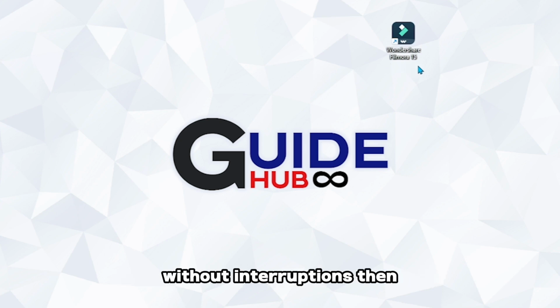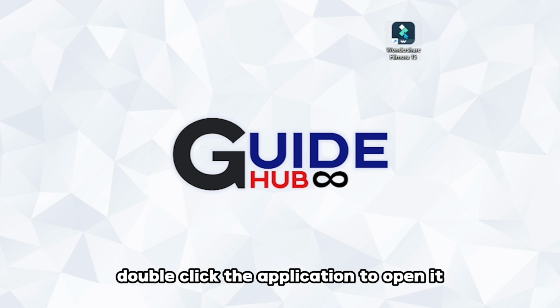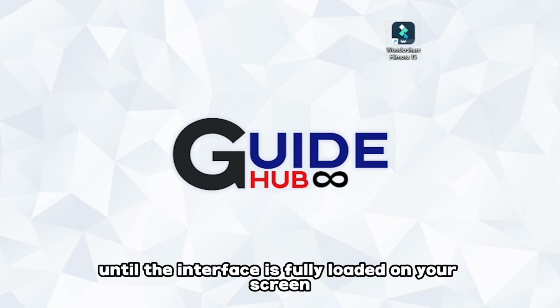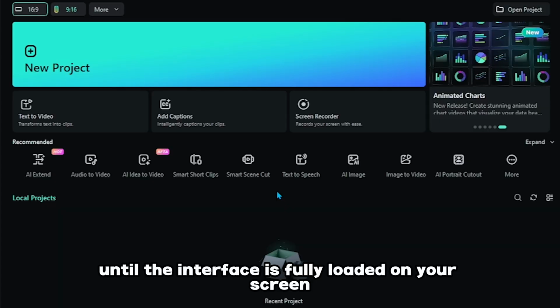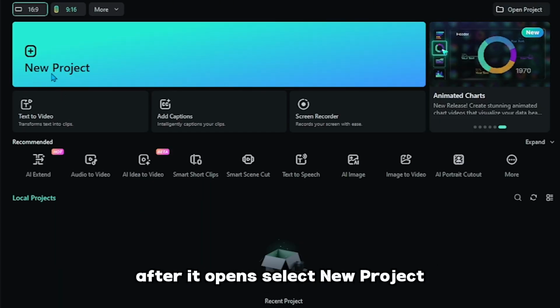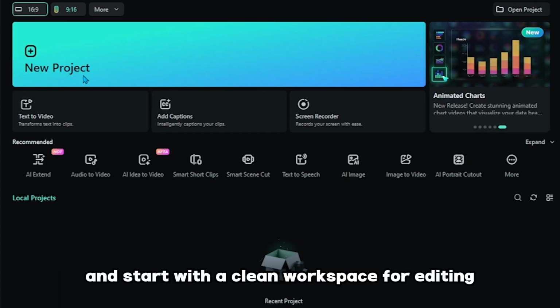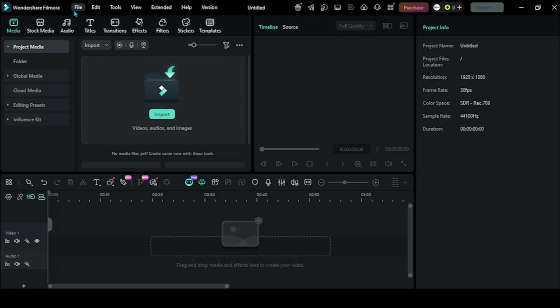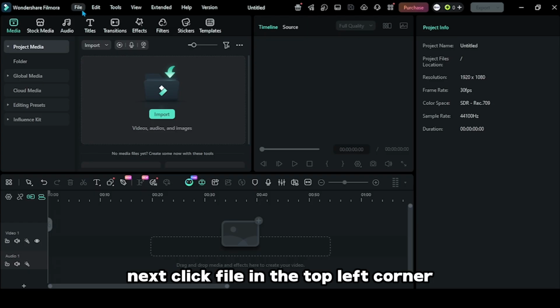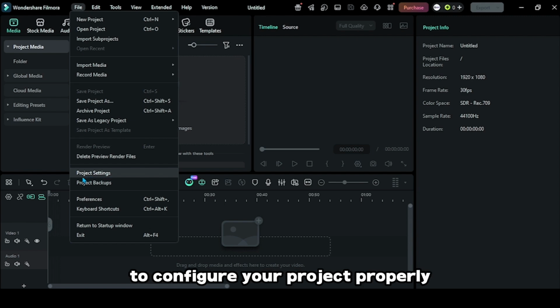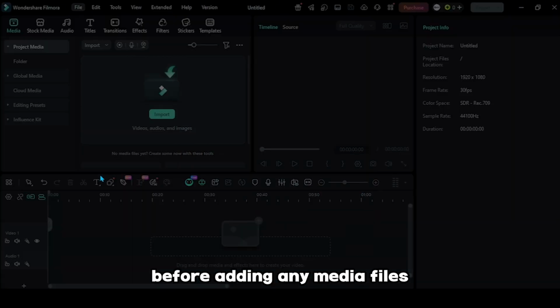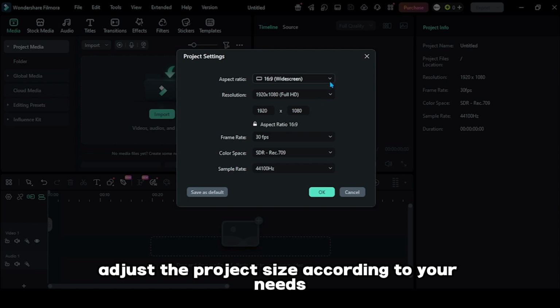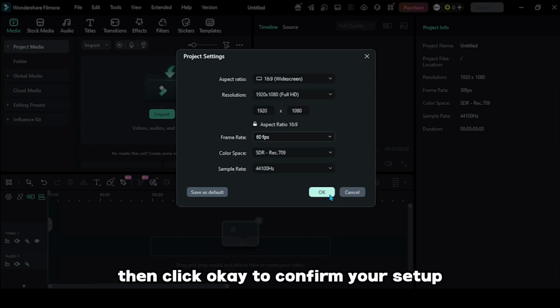smoothly without interruptions. Then double-click the application to open it, and wait until the interface is fully loaded on your screen. After it opens, select New Project to create a new project and start with a clean workspace for editing. Next, click File in the top left corner, then choose Project Settings to configure your project properly before adding any media files. Adjust the project size according to your needs, then click OK to confirm your setup and continue to